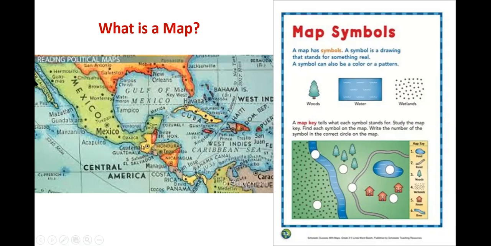And a map constitutes symbols. There will be a symbol for a water location, a symbol for a garden, a symbol for a park, and in terms of Google Maps, restaurant and petrol bunk. A map will consist of different symbols. And given the location on the map and the symbols, for an unknown region of a given map, by comparatively looking at the landmarks and given symbols, you can